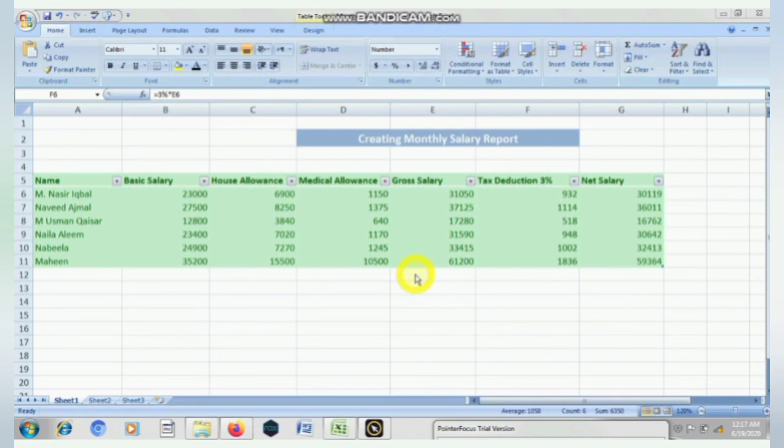You just have to enter your data. You can change different values, and then you have to apply the basic functions, that is basic salary, house allowance